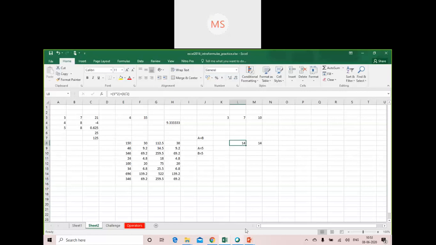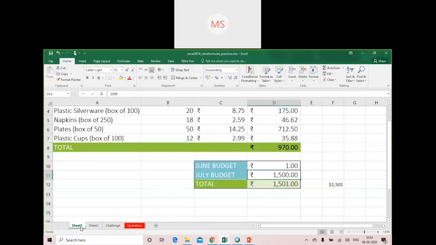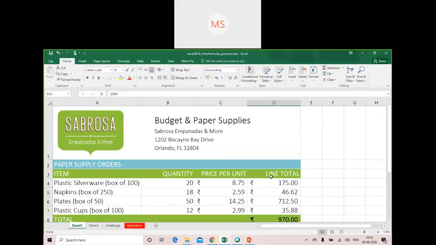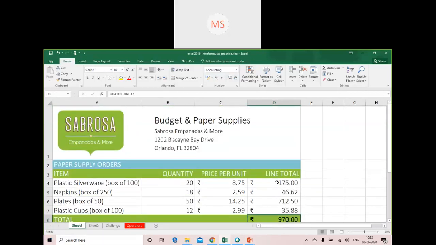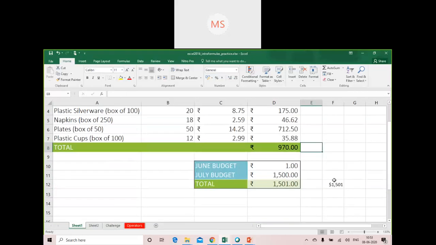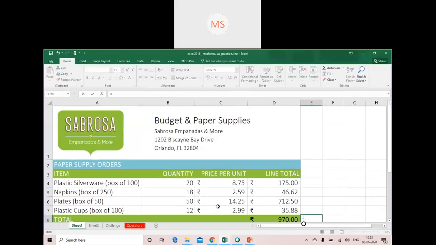Like if I make the same operation here, instead of calculating this, adding these four cells together, I could have directly added the, let me do that, do this. What I will do here, in this particular cell I want the total value of the bill. So I can do the calculation in this way.